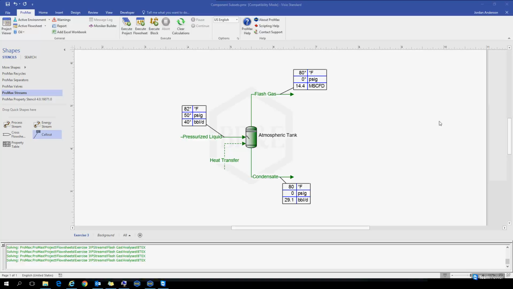The composition subset analysis allows us to quickly group together any components we'd like to see inside of a stream. Some examples of this: if you wanted to calculate the BTEX, the VOCs, the HAPs, anything like that within a stream for emissions purposes, you could. If you wanted to sum up how many hydrocarbons C3 and up you have, you could use it for that. Or if you were interested in knowing the total sulfur compounds within your crude oil, that's another common use for